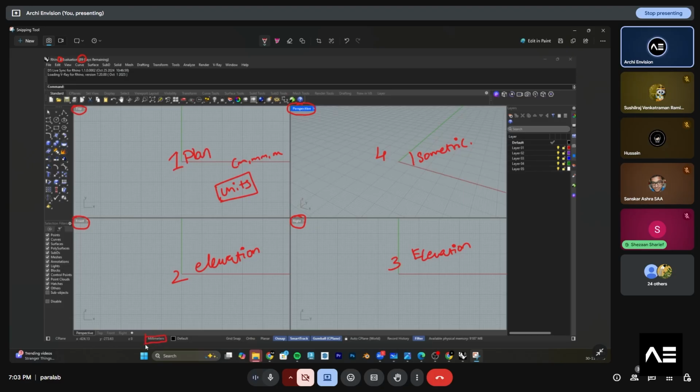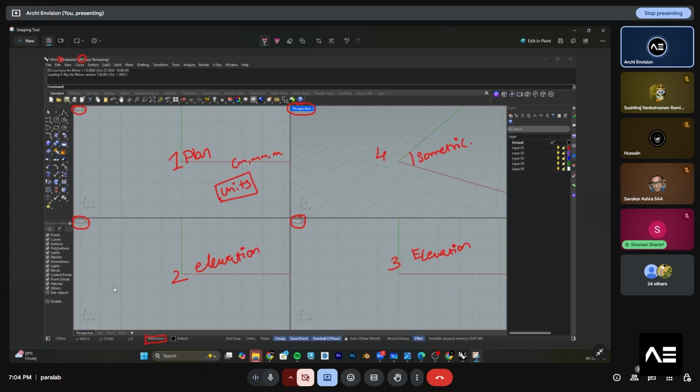We can change the units. If you want to know the units, you can see them in the bottom left. These are the basic things to focus on in the user interface.